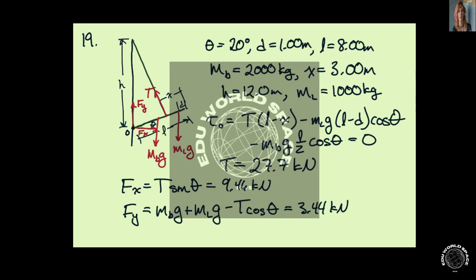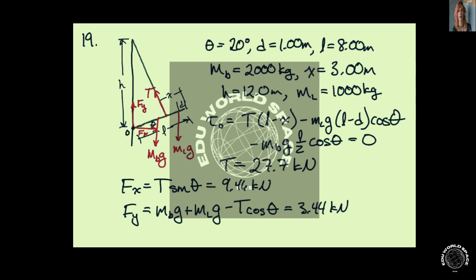Likewise, for this guy, this moment arm is L over 2 cosine theta, and the weight is m_b times g, and it is negative because it's in the clockwise direction. So these all have to sum to 0, so we actually know everything in here except for T. So we can solve for T and plug in numbers, and we get that T equals 27.7 kilonewtons. So quite a lot